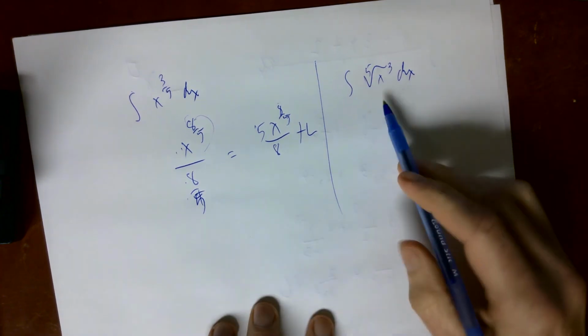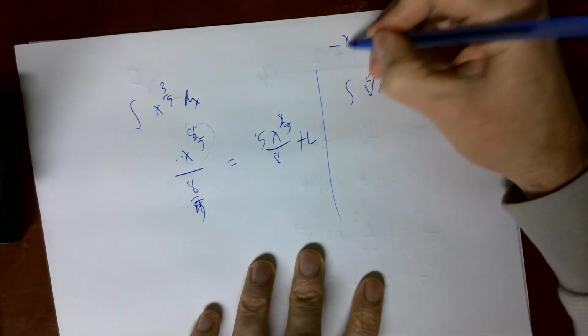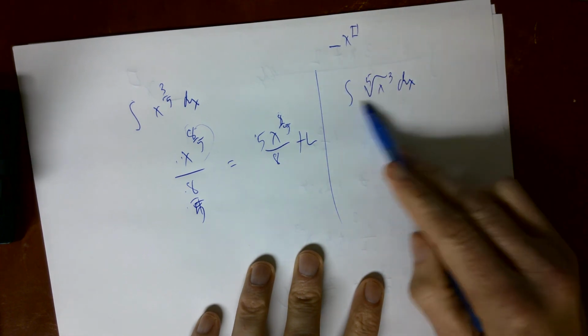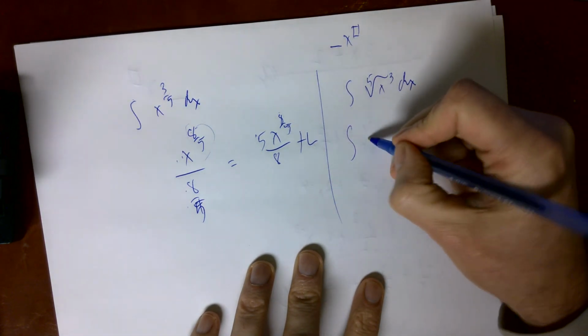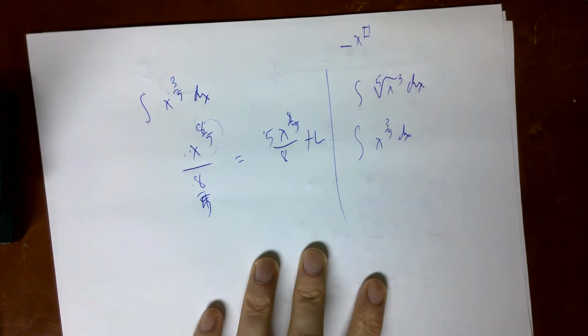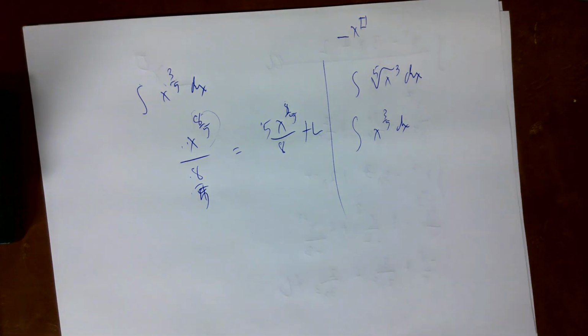Well, if they're going to ask fifth root of x cubed, again, you only know how to handle number x to a power. And since you only know how to handle number x to a power, we're going to rewrite this as x to the 3/5 dx, and now it looks just like that problem. So, the three things that you have in Delta Math,